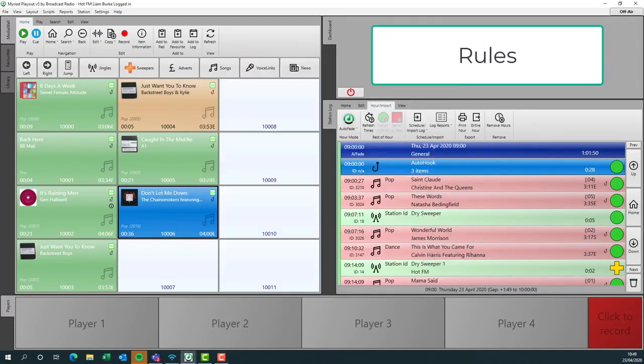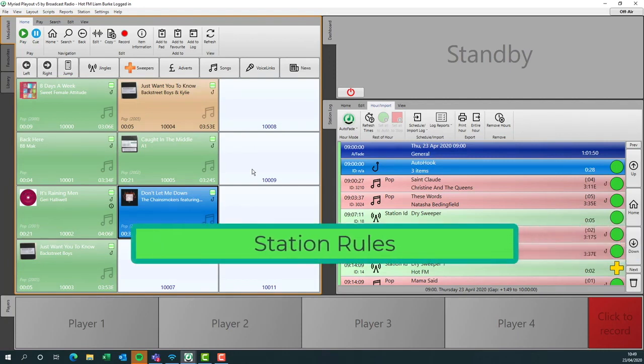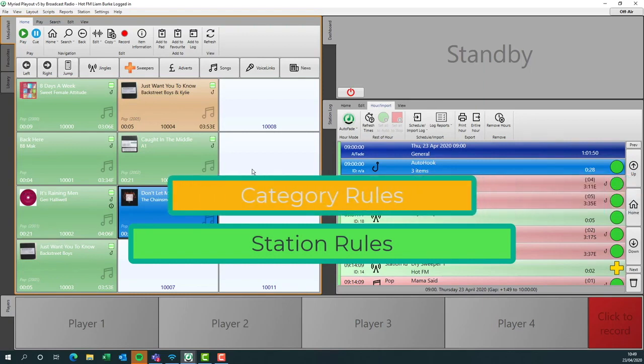The important thing with rules is to think about the hierarchy of rules in Myriad Schedule. There are 3 levels of rules. There is station rules, which are applied as a broad stroke across all categories, and those are set in the station database settings. Then there are category rules, which override station rules, and those are applied on a per category